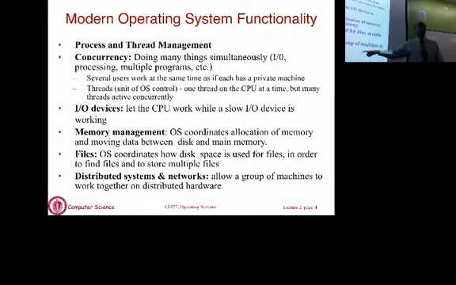But as you see, as we go through these OS topics, in each of them we have to look at the underlying hardware on the machine and how the OS manages that hardware. When we talk about processes and threads, we have to think about the CPU. When we talk about memory management, we have to think about the RAM on your machine and caches. When we talk about I/O devices, you have to think of any number of I/O devices. And when we talk about networking and operating systems, you have to think about the network card. So what we'll do today is look at the hardware side of things as a refresher, and then we'll go through each of these topics over the course of this semester and look at them in depth.